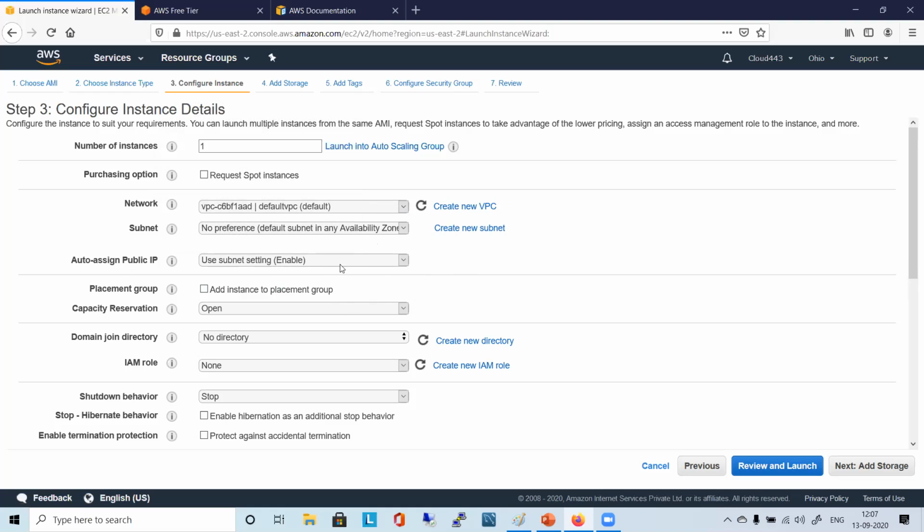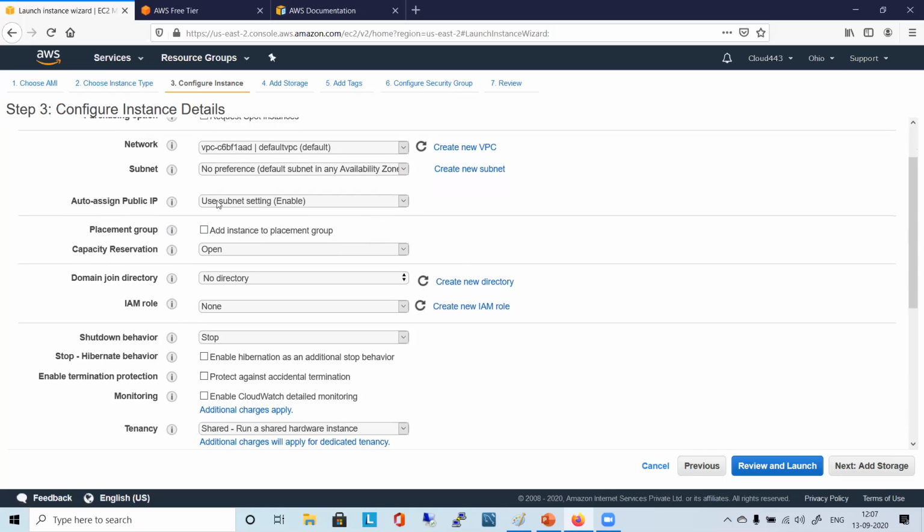Now here you have auto assign public IP. I'll show you while doing the VPC. Just remember there was an option called auto assign public IP, use subnet setting. There is a setting when we create our own subnet, and then I'll point it out: do you remember we had an option while creating our instance, auto assign public IP, with the choice of use subnet setting, enable or disable?